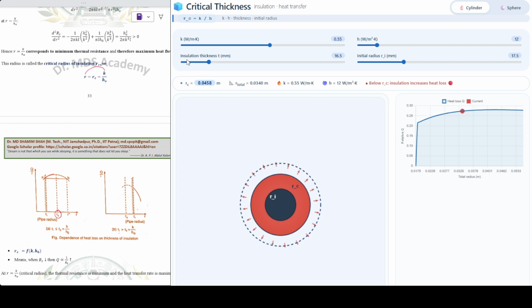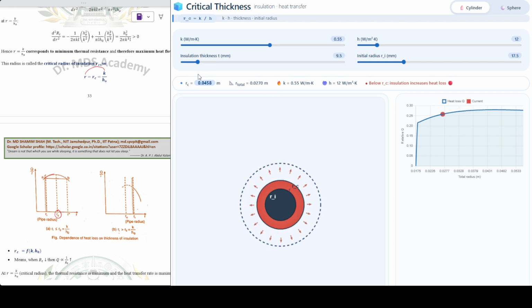What is insulation thickness? This red one, RC, from here to here, more is the value. So as this red shaded region approaches the dotted circle line,